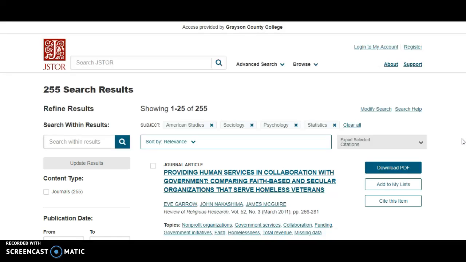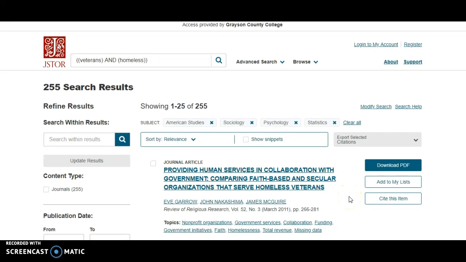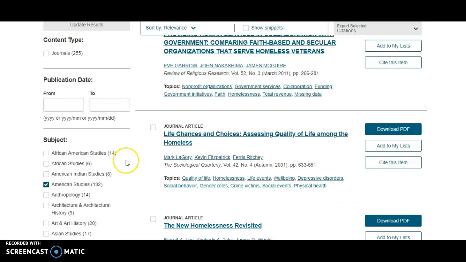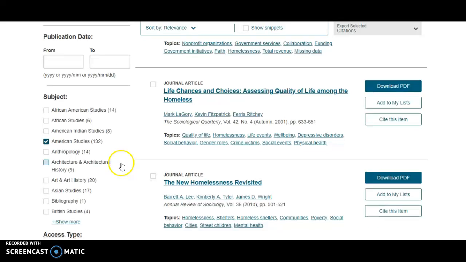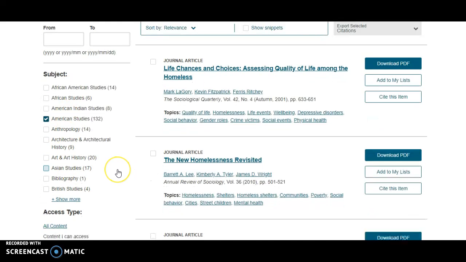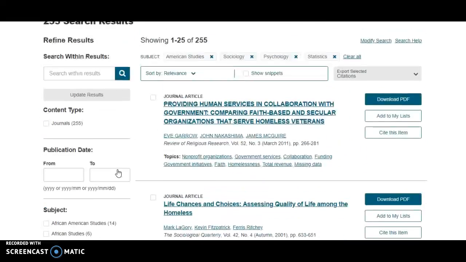Sometimes it takes a little bit longer. 255. So much easier to go through than 933. So I can continue even to narrow this down. I can throw in a year. I can take out one of my subject areas. There's all kinds of stuff I can do. But from here,